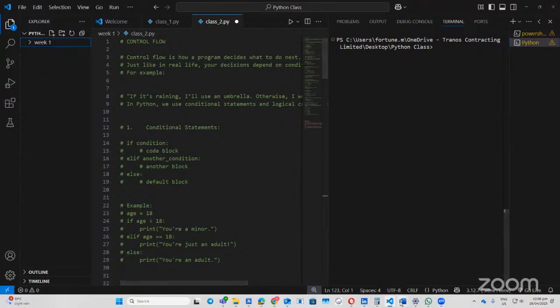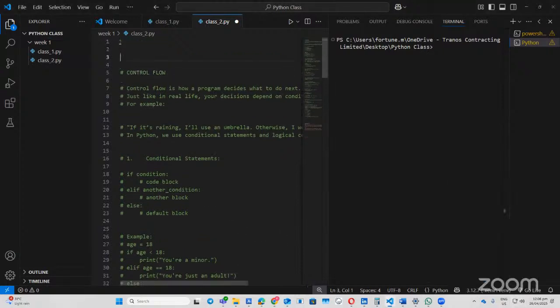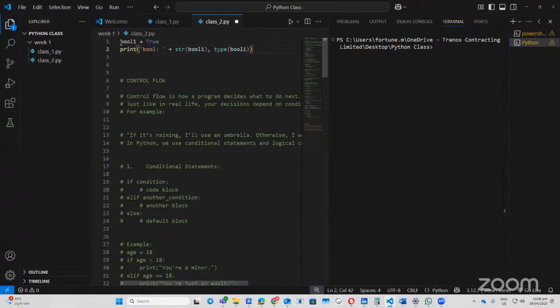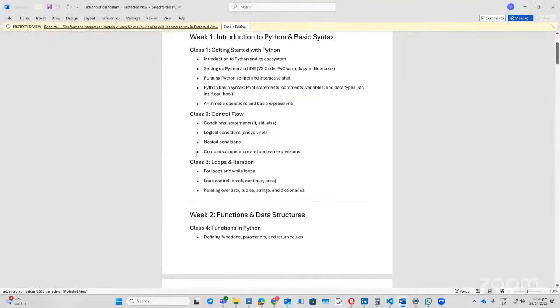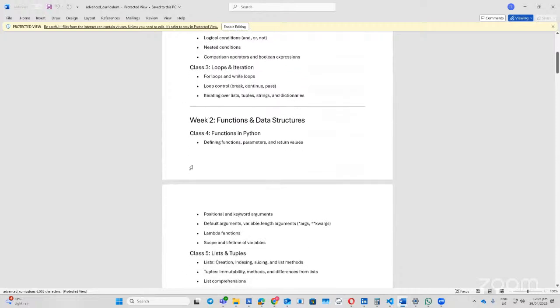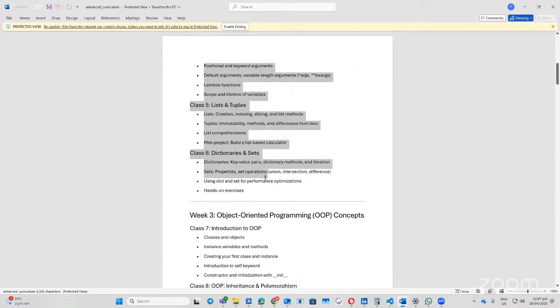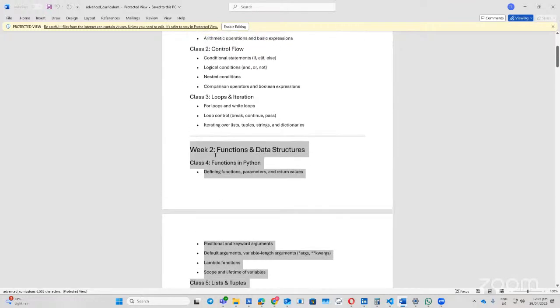So for class 1, what I did is I made class note 1. I will do class note 2 when you send me this. That's good too. So I want us to finish this today, so that if we meet again, this won't take our time. Once we are done with this in Python, I like the way you set this up. Once we're done with week 1 and week 2,